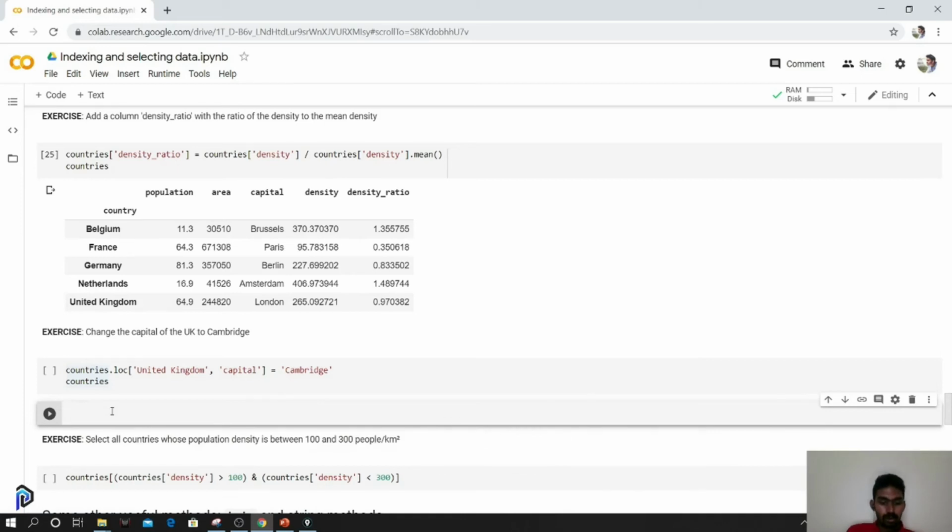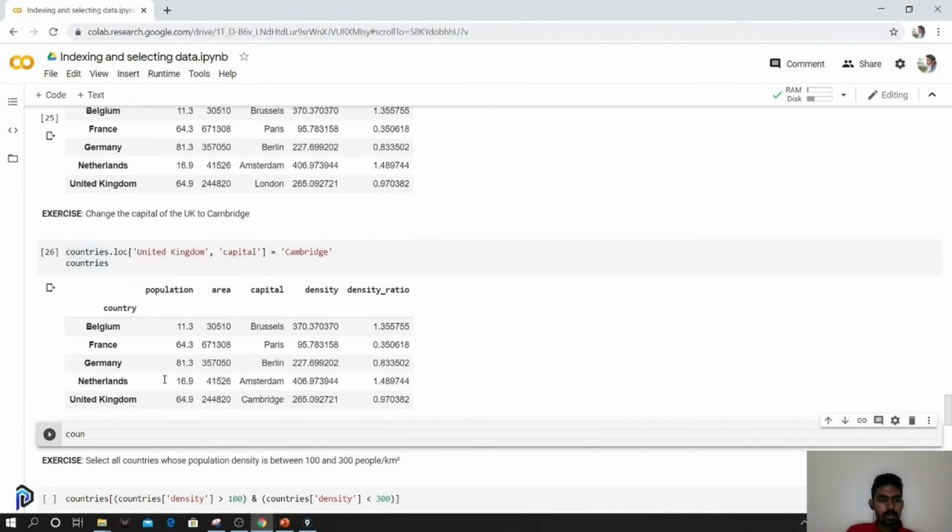Okay. So how we will do it is, we'll just first run it. So we have changed from United Kingdom to Cambridge. So I'm again trying to change. We'll use iloc over here. So first we need to give the row index. So the row index is -1. We know it. And then is the column. Our column is 0, 1 and 2.